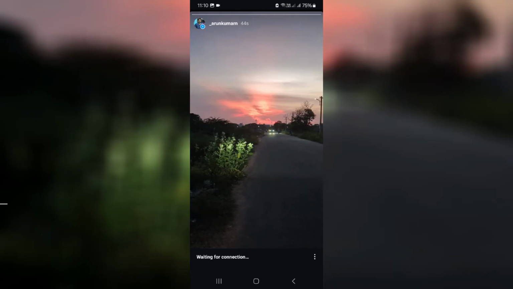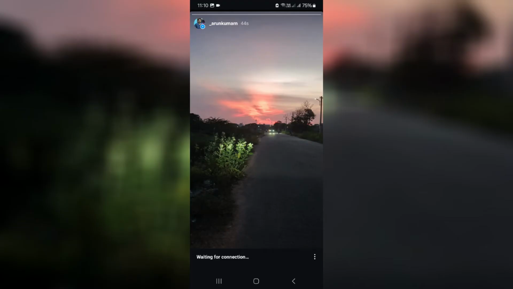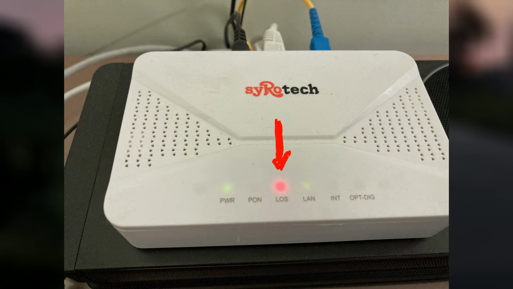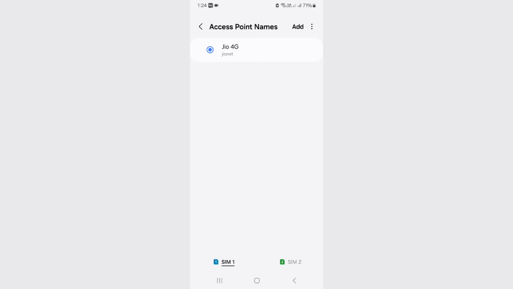And the second reason is your network settings, which means if you are using a Wi-Fi network, first of all check the Wi-Fi router as well as the fiber modem indicators, whether they show any warning signal or not. If your fiber modem shows a warning signal, there may be a problem with your fiber cable, like the fiber cable is broken or has lost its signal. Otherwise, if the Wi-Fi router shows any red warning about a problem with your DNS server, just call your service provider. At the same time, if you are using a mobile data network, just reset your APN settings once.